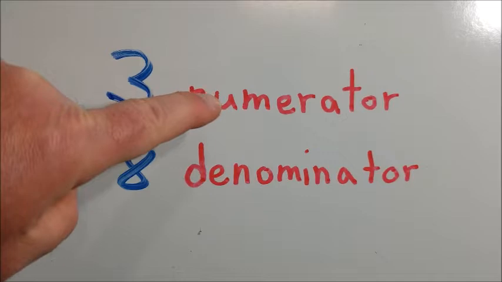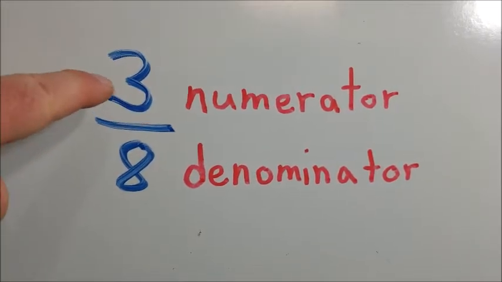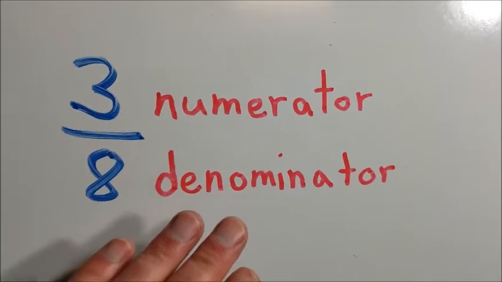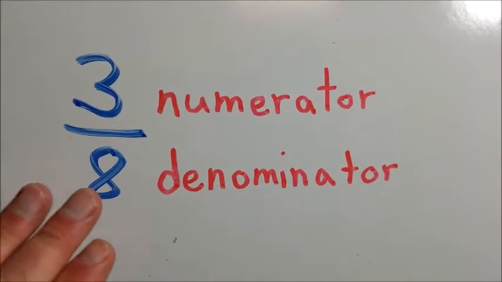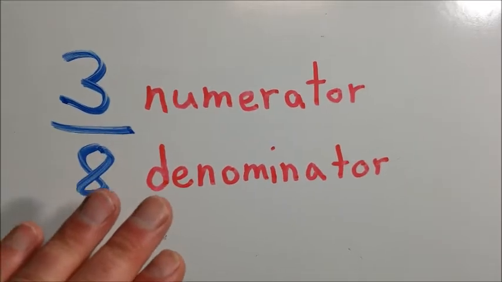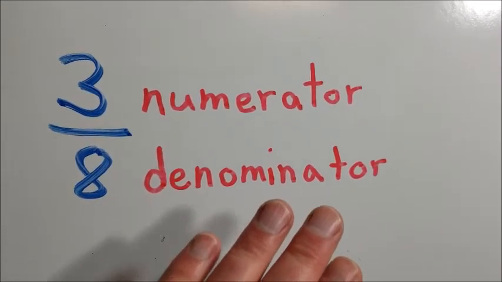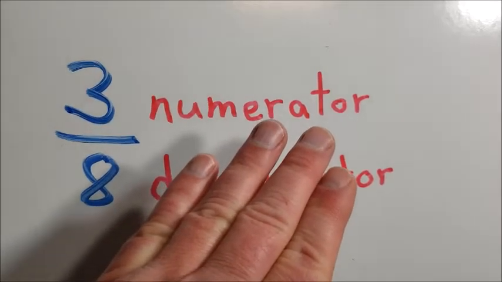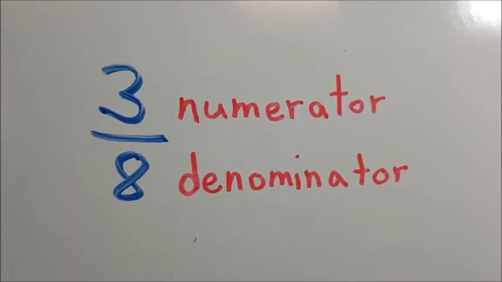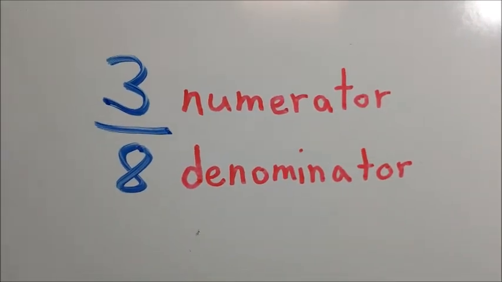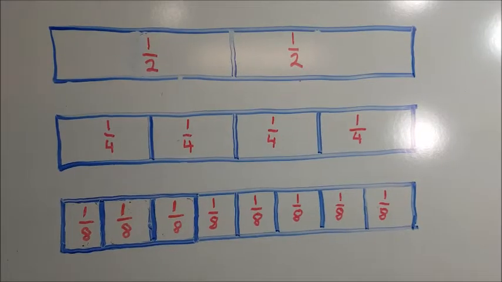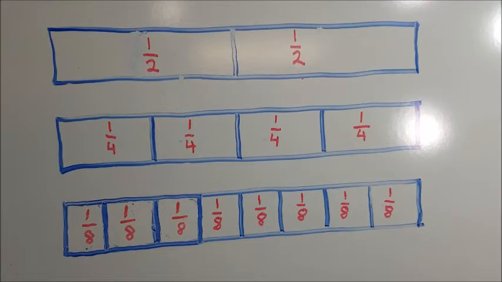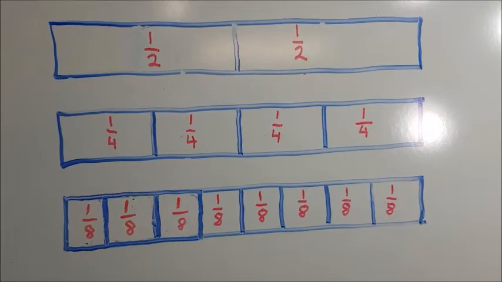The top number, what we're counting, that is called the numerator. The bottom number, that's called the denominator. So our total pieces is the denominator, and the number that we're counting on top is the numerator. So we need to use those terms a lot in our lesson today. Our homework sheet is talking about